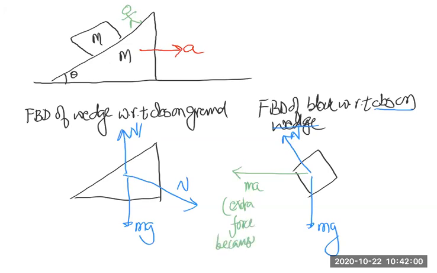Because observer on the wedge is non-inertial. चलो अब मेरे को बताओ, वापस से आते हैं ऑब्जर्वर ऑन द ग्राउंड।